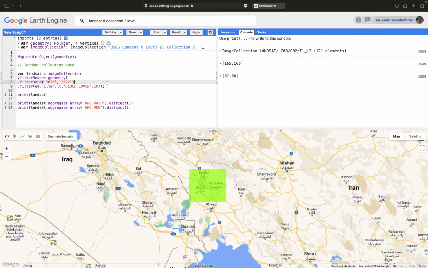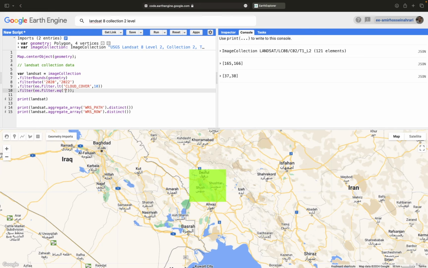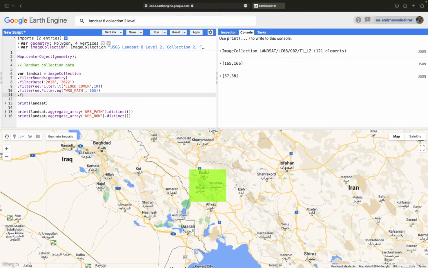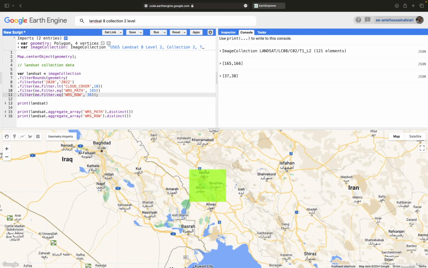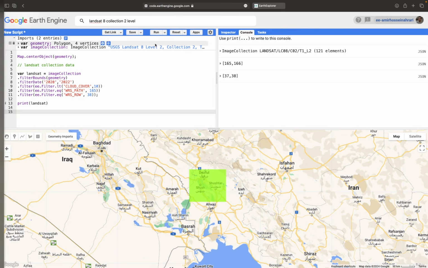Back to the code, and make a new filter for pass and row. Filter again, but this time an equal filter helps us. The WRS pass equals 165, and then dot filter, Earth Engine dot filter again, dot equal WRS row equals 38. Yes, back to the code again, 38 for row, and now remove the extra code and run the code